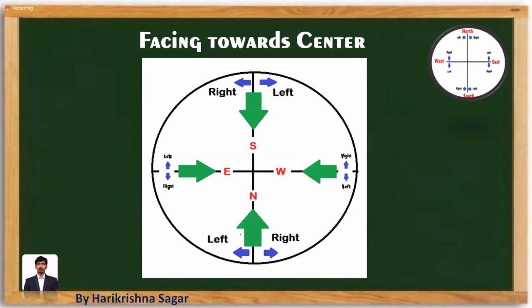And sometimes we are going to see the condition where the people are sitting at a circular table, all facing towards the center. Facing towards the center means a person who is sitting here is going to look like this. A person who is sitting here is going to look like this. So if a person sitting here is in the north direction, but he is looking in the opposite direction, that means he is looking towards south. Because he is looking towards south, this will be the left for that person, and this will be the right for that person.